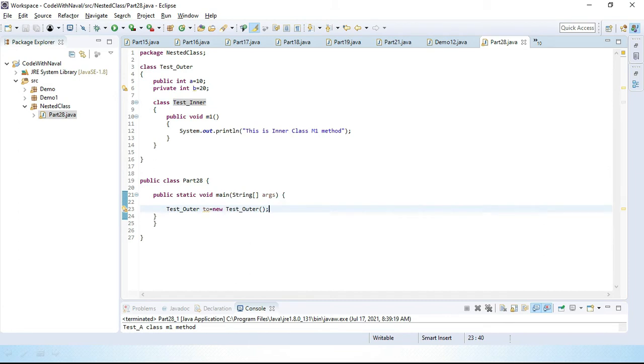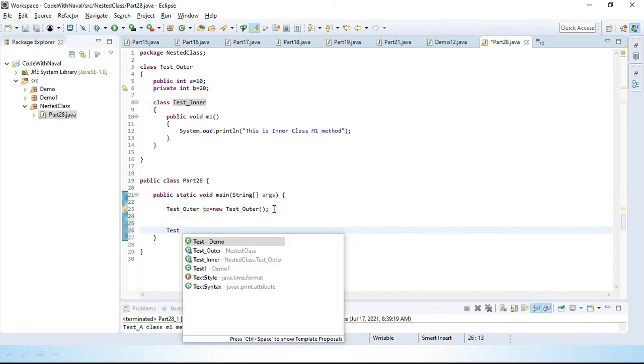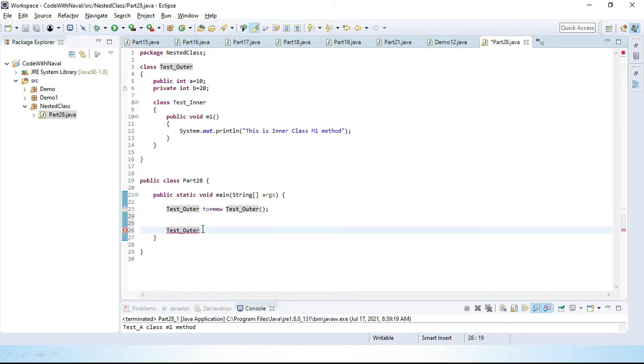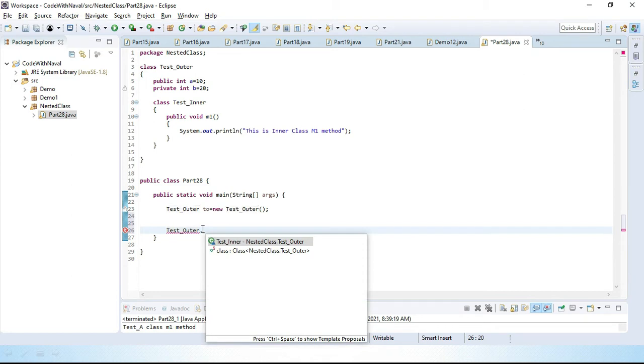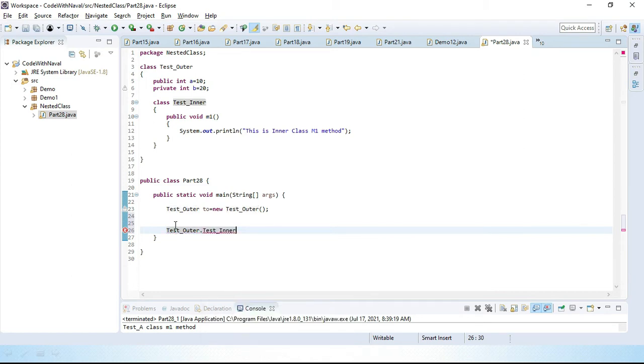So how can we create it? We will simply write first the test outer class dot inner class, because first we have to access the test outer class, then we have to go inside it, then we can access this test inner class.